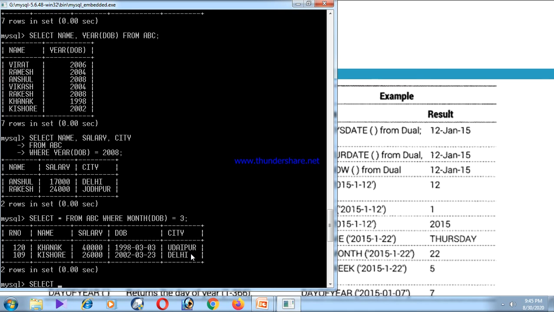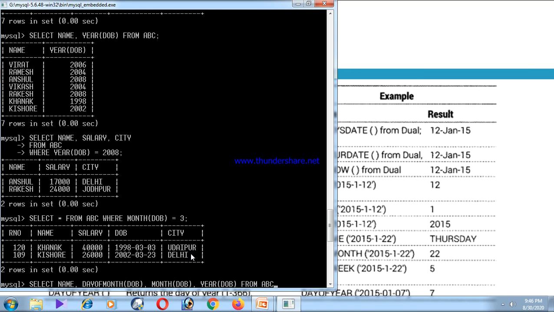Just check one more command. Select name, then day of month DOB. This particular function filters the particular birth date of the employee. Now month filters the month from the DOB part. Now year filters the year from the DOB part.